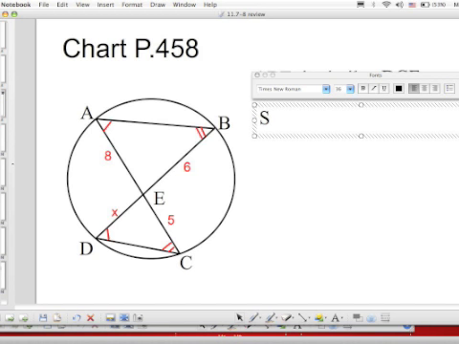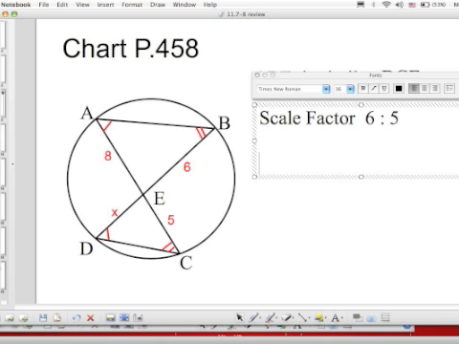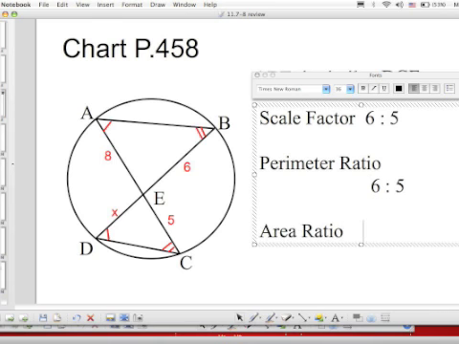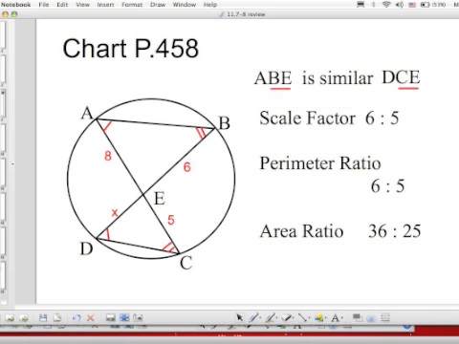So, the scale factor of these two similar triangles is 6 to 5, which means that the perimeter ratio is exactly the same. It is also 6 to 5, and the area ratio is found by squaring both of these numbers, so it's